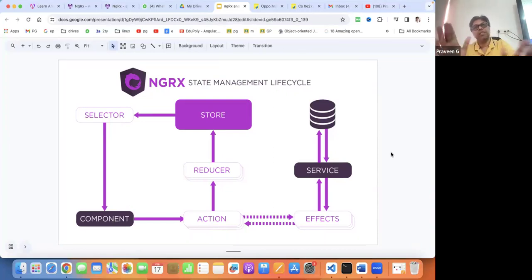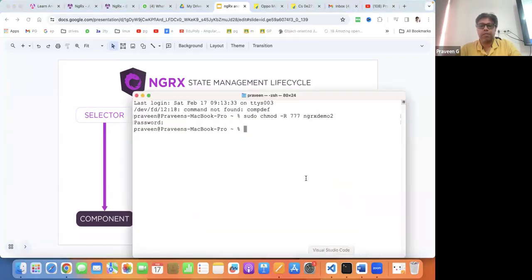So let us not waste the time. We'll directly jump into the application and then we'll see that. The bigger problem is, first of all, you should know how to create the application and all. My intention is very simple. I am right now in PWD. Okay, I am in the Praveen folder only. So you need Angular CLI, ng new ngrx-class